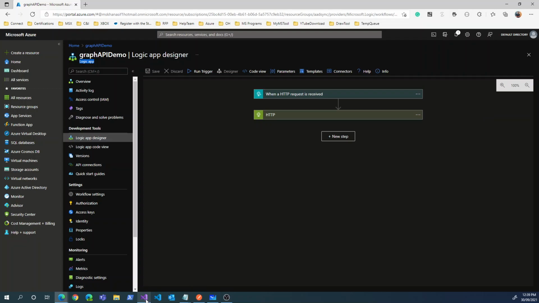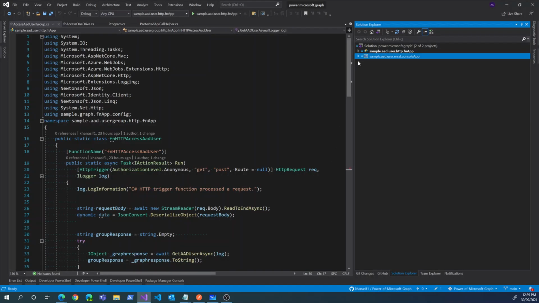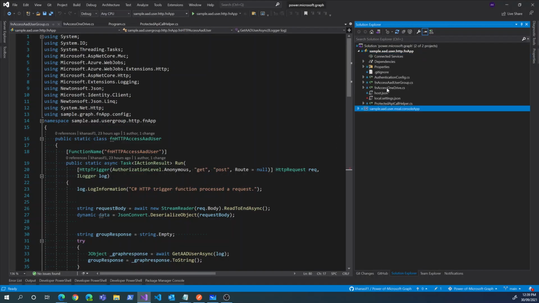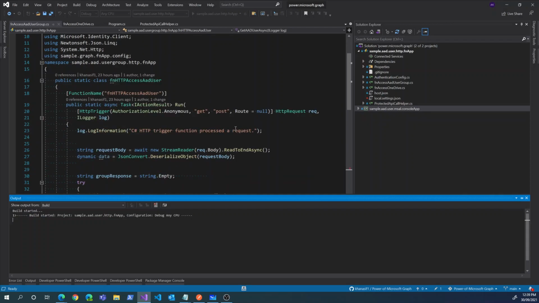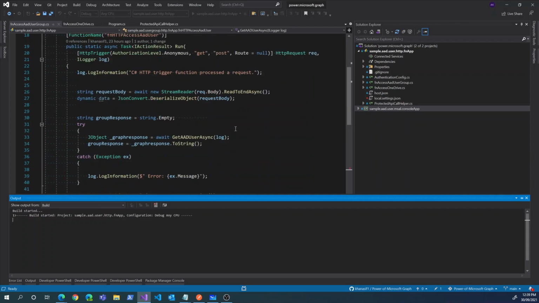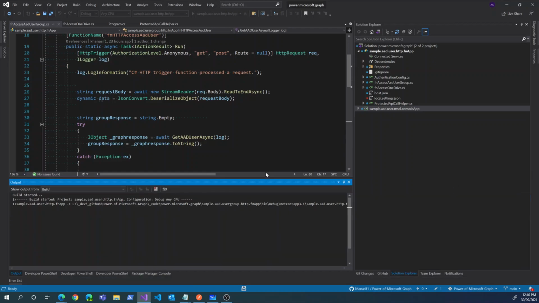So to start with the Visual Studio side of things, firstly I'll quickly run this experience on the Azure function side. If I run this, it should be pretty quick. But in the meanwhile, while that build and run is happening, I'll just quickly show you how simple it is to access your Microsoft Graph API using any of the coding platforms, whether it's .NET or different other technologies like Java or